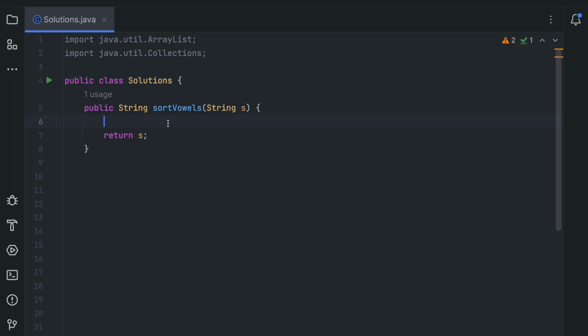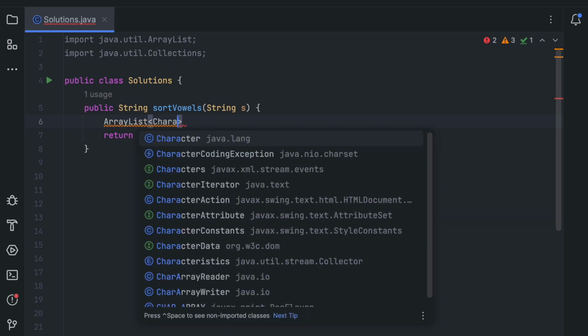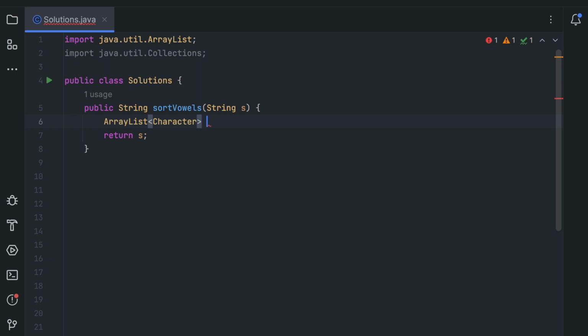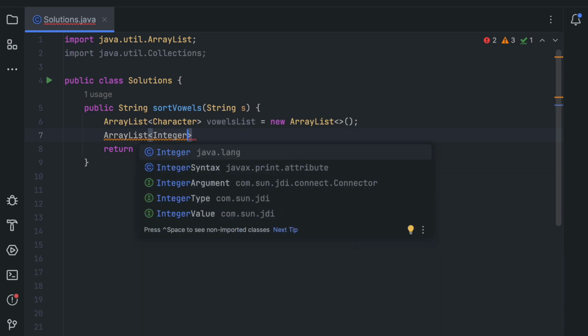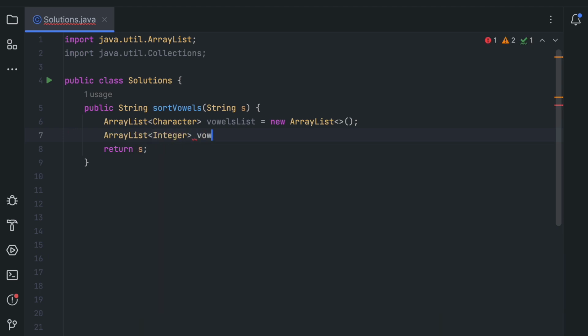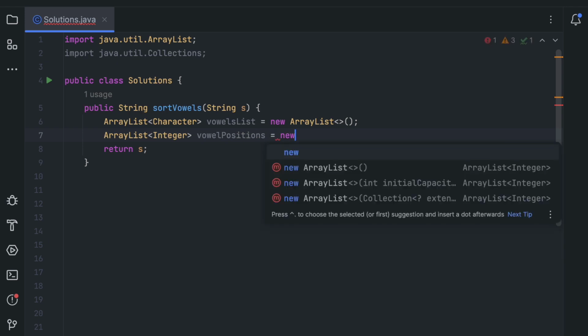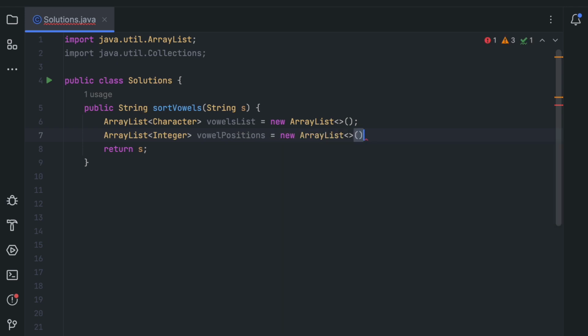And the first thing that I want to do is create 2 array lists. One of them is going to be of type character, and this is going to store all of our vowels within S. So I'll call it our vowels list. The next one is going to be of type integer, and I'm going to call this our vowel positions, and this is where we're going to store all of the positions of where we found each vowel within our string